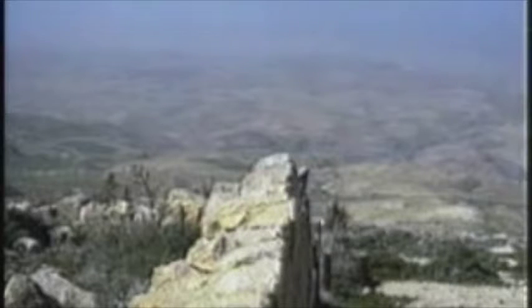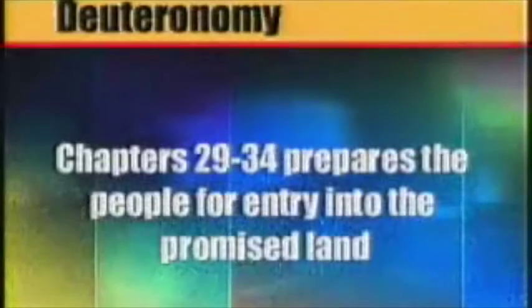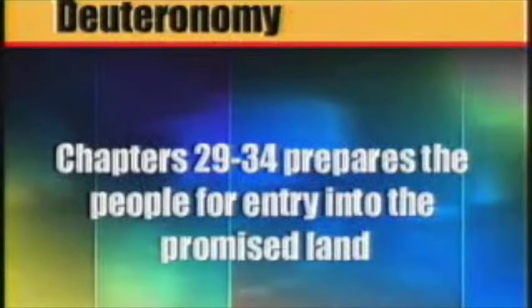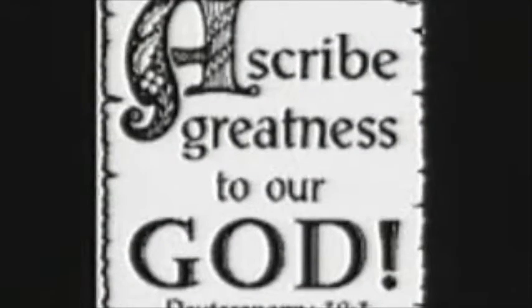Chapters 29 through 34 prepare for entry into the land of promise. Joshua is commissioned to lead the people. Moses teaches them a song to remind them of God's faithfulness and the dangers of disobedience. Then Moses blesses the tribes and looks to the promised land from Mount Nebo. He dies in an unknown place. That completes the first five